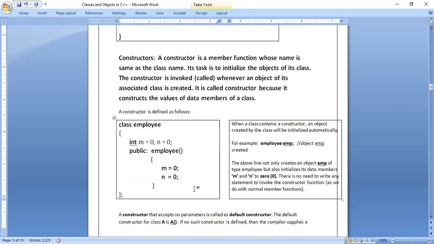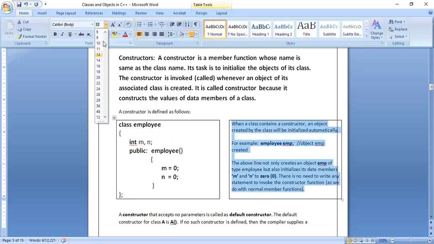Once again, just understand this point: when the object is created, this function starts working and memory is allocated. Simultaneously this function starts working, so when memory is allocated you can give the values. But at this line the object will not be created, so memory will not be allocated, and if memory is not allocated, you cannot give the value. Understood? Now we will see the explanation here. What explanation have they given here?